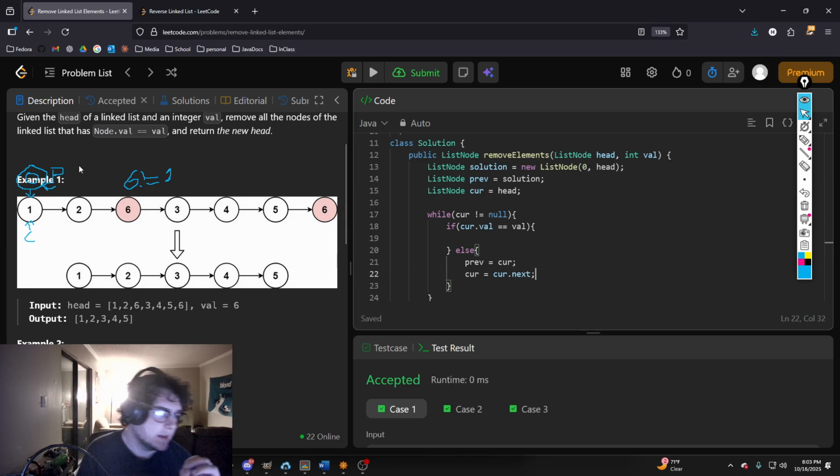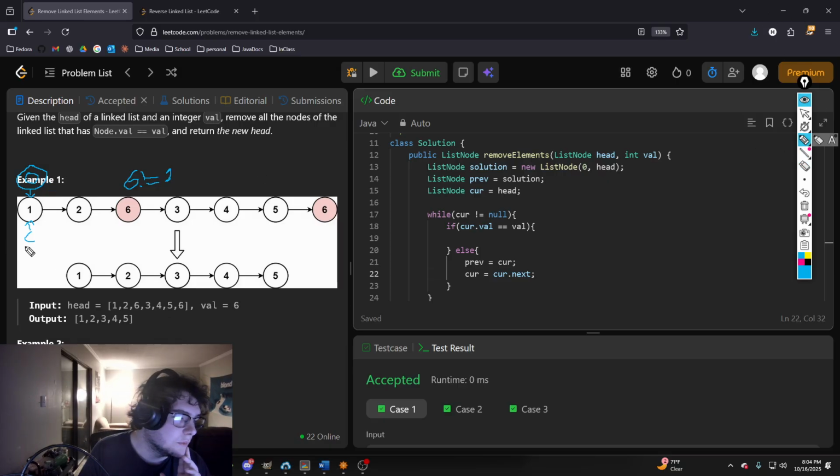And what this is saying is we are going to set P to now point to current, and then we're going to set current equal to the next node. So now they've been incremented by 1,